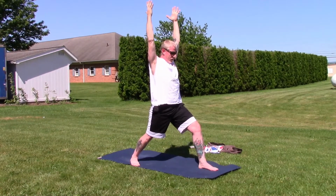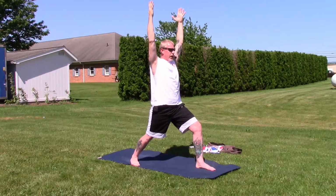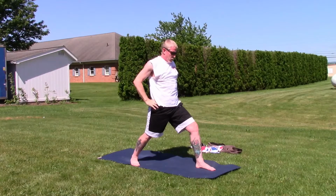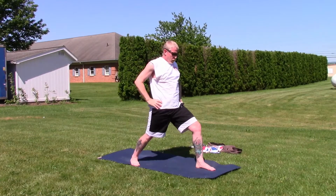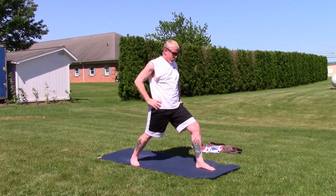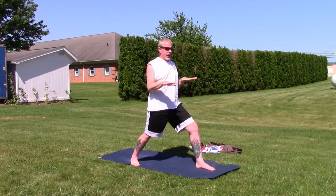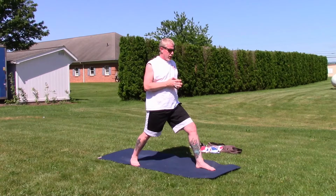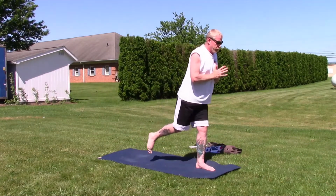Now, my balance usually is not good outdoors. I'm just going to tell you that right up front. But nonetheless, let's just go ahead and bring our hands down to the hips for a moment. We're going to try warrior three. So just follow the cues, do the best you can. If outside gives you a little instability, just recognize that and know that we can sit this right foot down